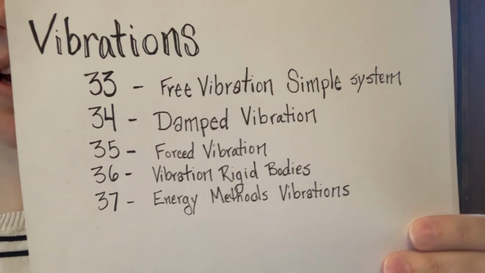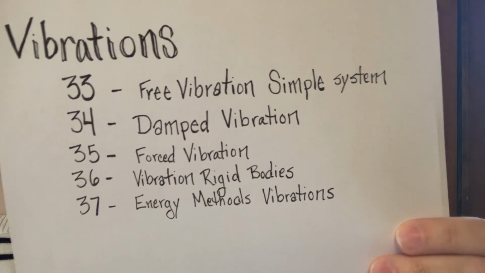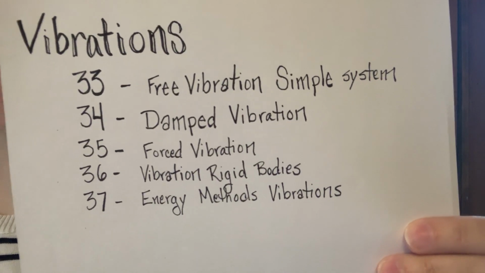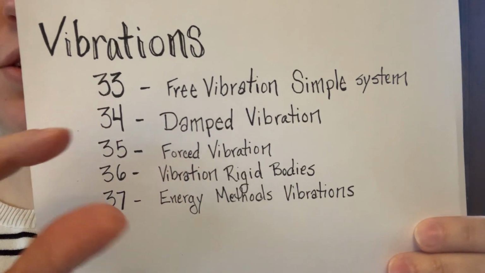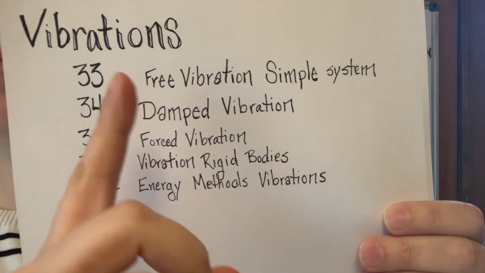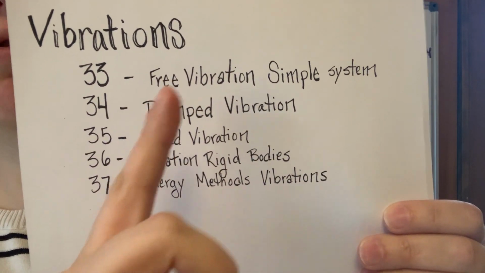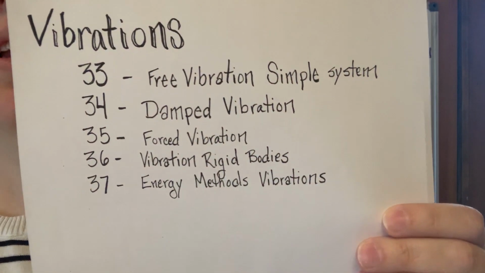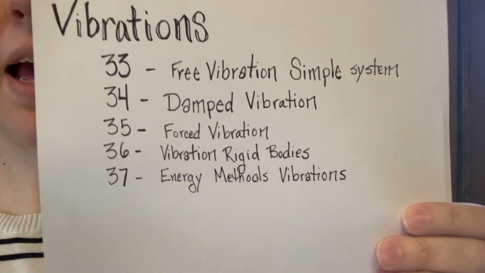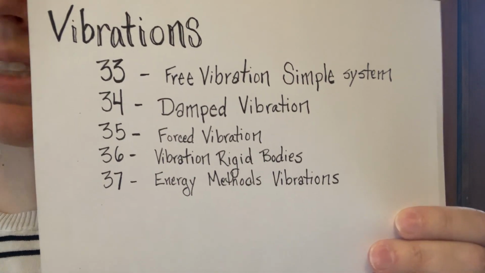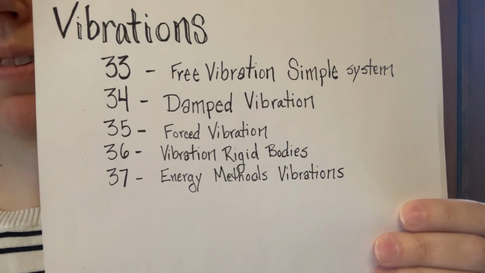So this begins our section on vibrations. This is chapter 8 in the book, and I typically group it into 5 lectures. So first, lecture 33, where we're going to talk about free vibration of a simple system, and second, lecture 34, where we're going to add damping. And almost all systems have some amount of damping, even if you can neglect it in